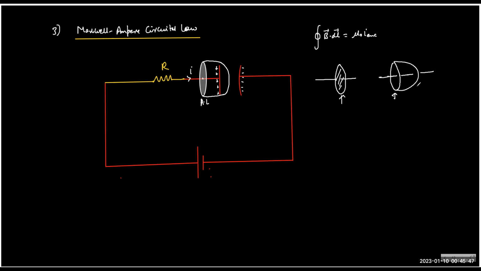Yes, sir. But in the second case, it is zero, no? Nothing is crossing that surface, isn't it? Yes, sir. So in one case it is true, in the other case it is wrong. It means there must be something wrong, correct? Yes, sir. So this issue was resolved by Maxwell. He said, see,